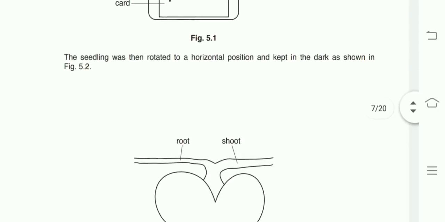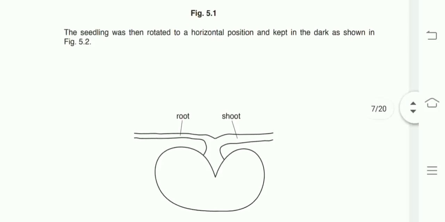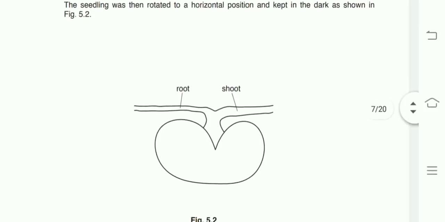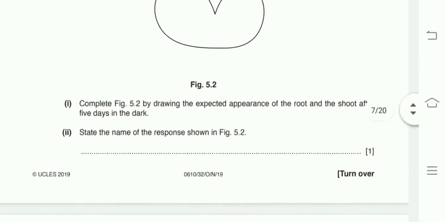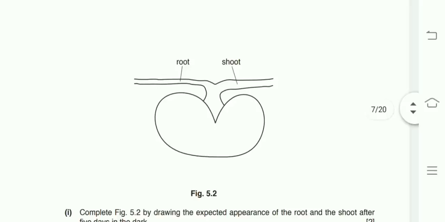And then the seedling was rotated into a horizontal position and kept in the dark as shown in figure 5.2. Okay. Complete figure 5.2 by drawing the expected appearance of the root and shoot after 5 days in the dark. The root will grow downward, and the shoot will grow upward. State the name of the response in figure 5.2. This is